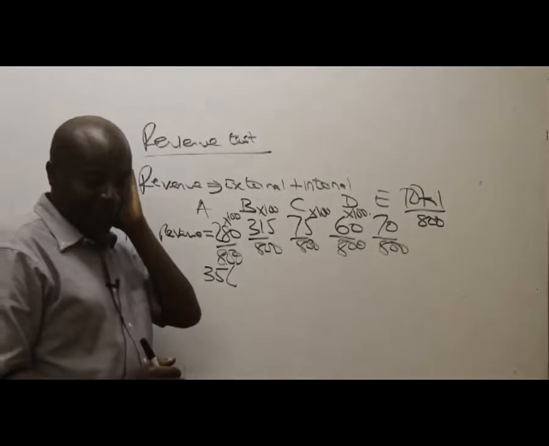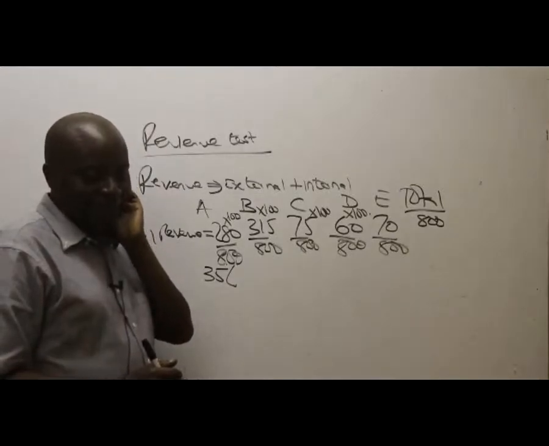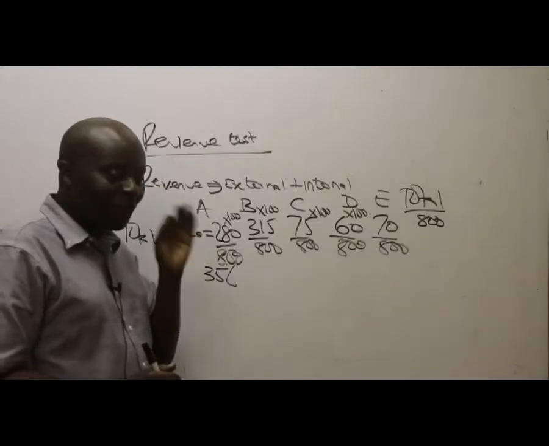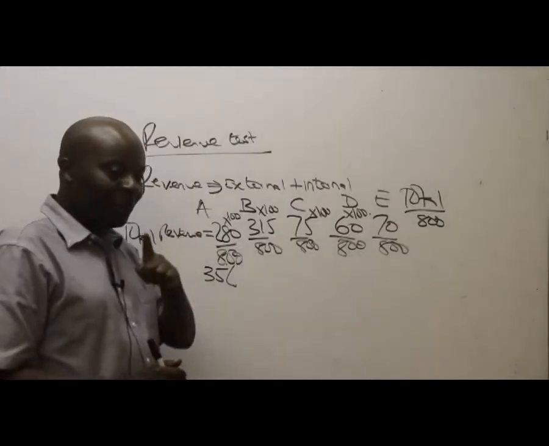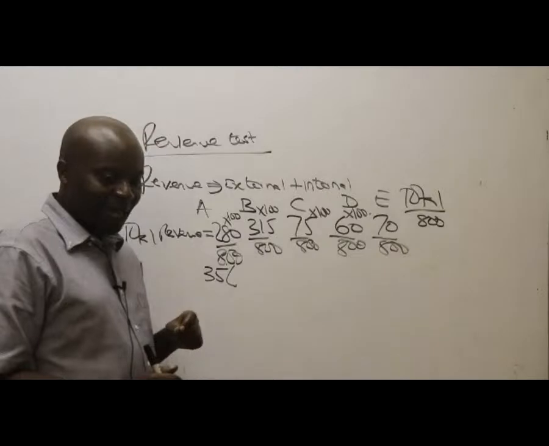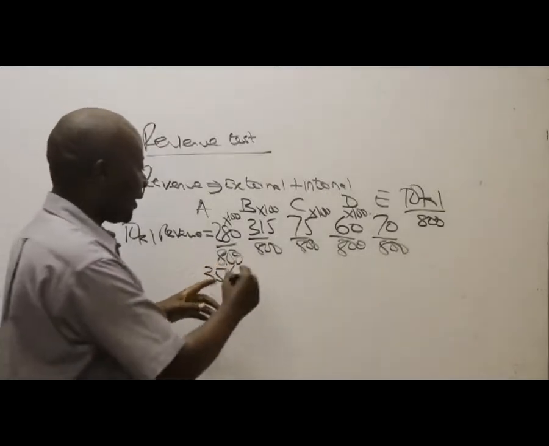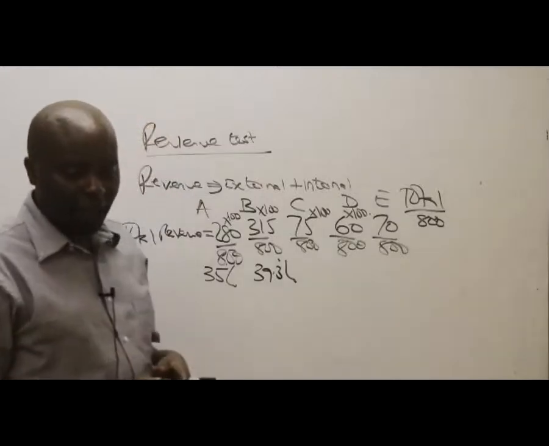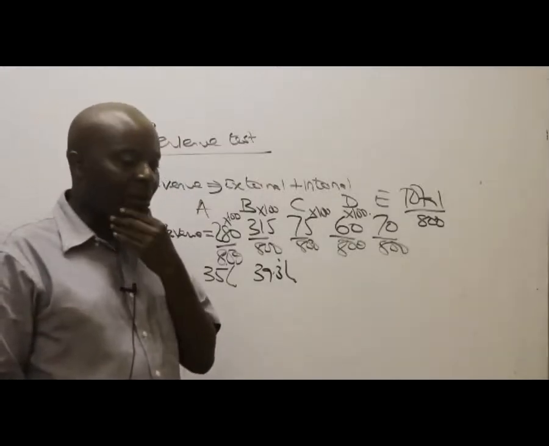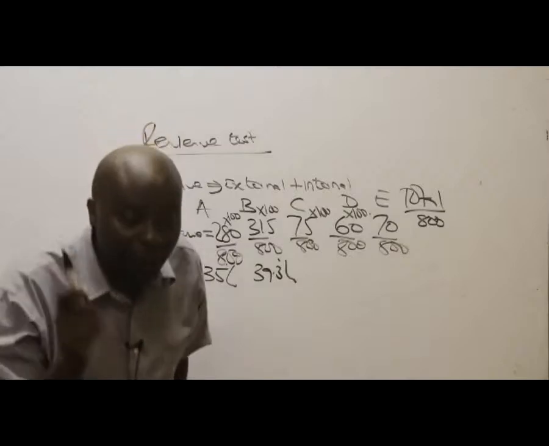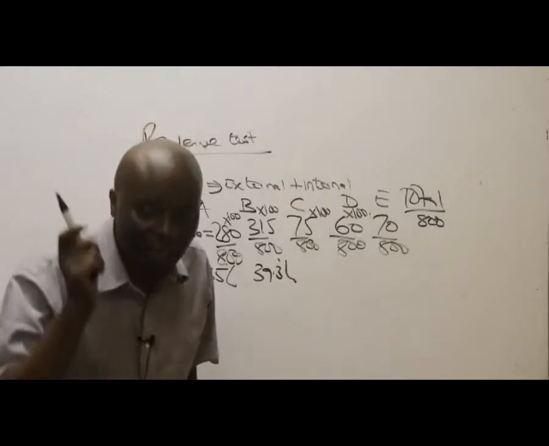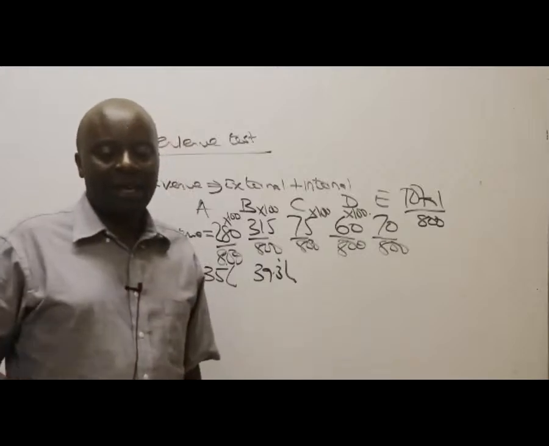A is 35%. Quite a serious department. A department that is able to throw in revenue of 35%. It's a department you have to respect. So Phoebe tells me the next one is 39.3%. How about C? Who are these who are not punching their calculators? I'll not buy them lunch.